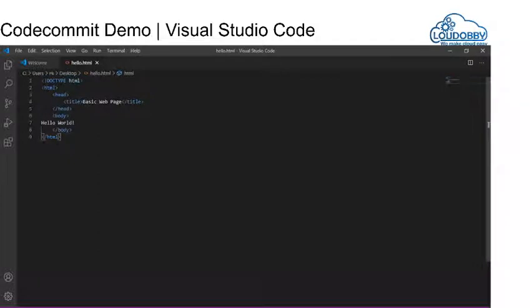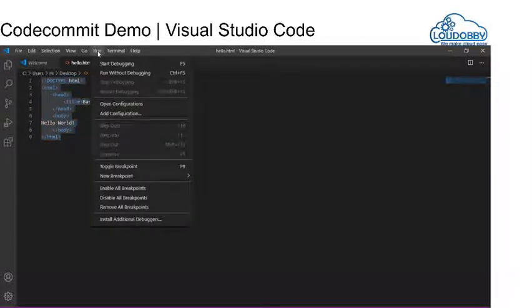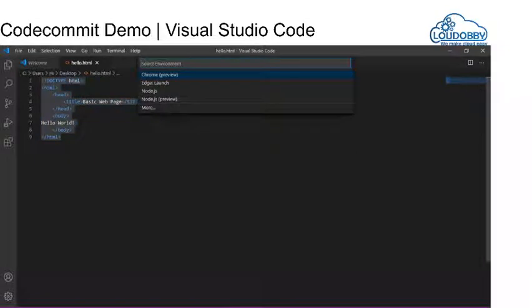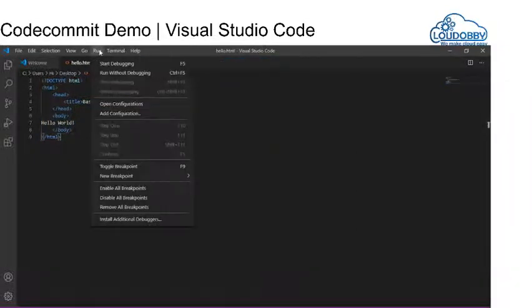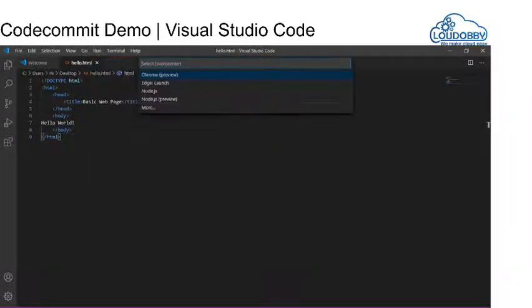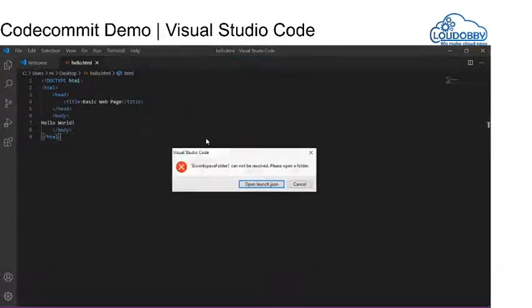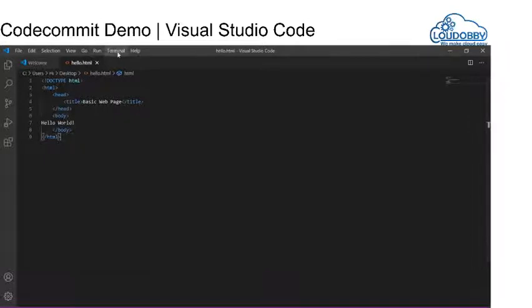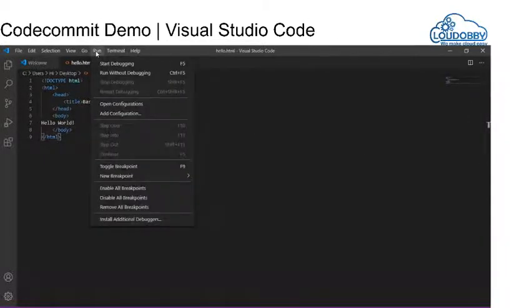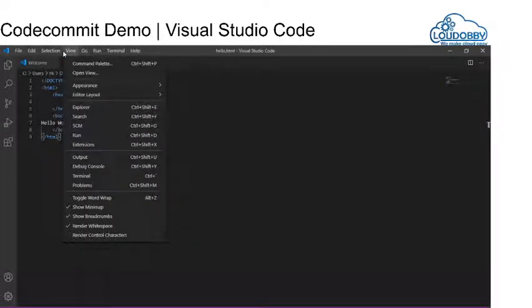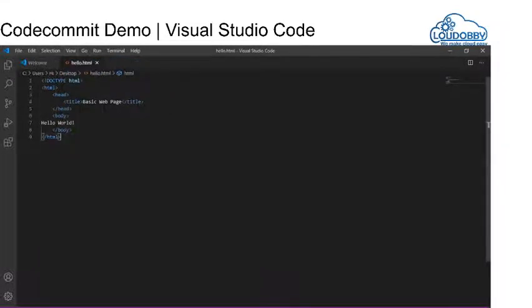As a developer, I have created my code. Now it is in my local, right? I have it in my local. Basically I can run and debug this, maybe run without debugging. It is asking which browser you are going to use to preview this. I am going to say Chrome, but I'm not using Chrome right now. A developer will use this tool, or they use Eclipse with a different aspect.